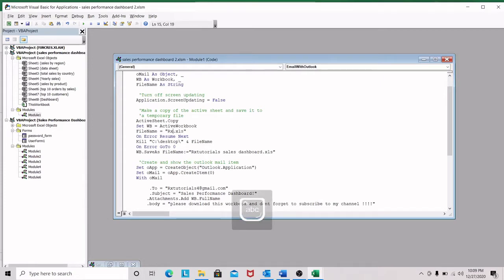For example, RX tutorials sales dashboard, or sales performance dashboard, anyhow you want it. So we name it, it's going to be an Excel file, so that's the file name extension for Excel. So what we are going to do is when we create this file, we want to delete the temporary file